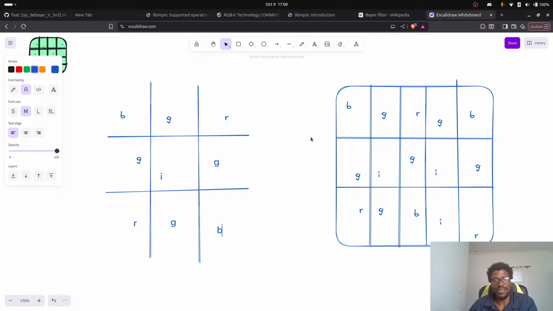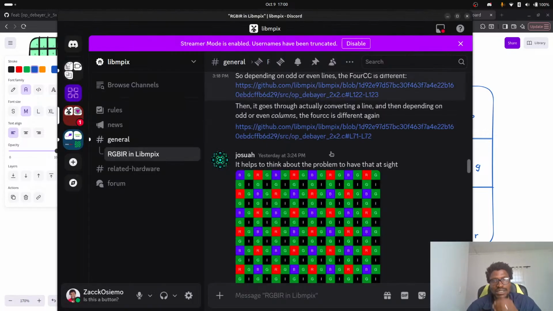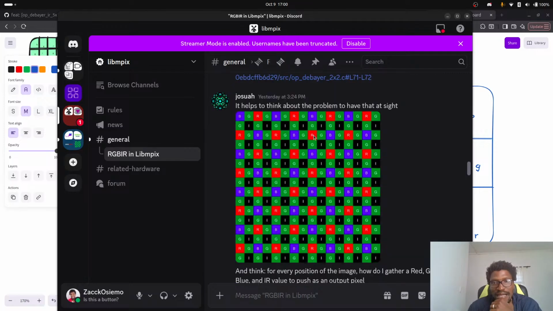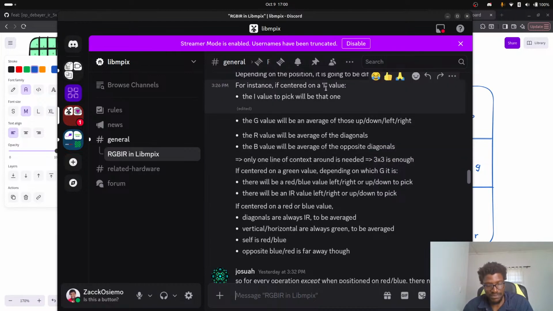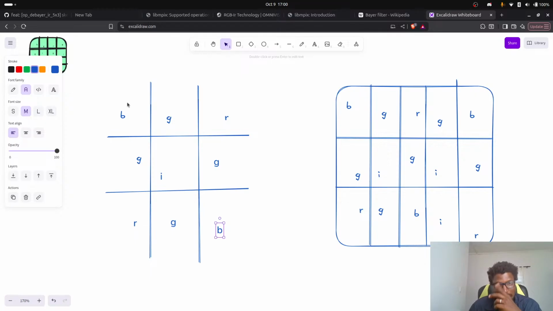This is B. Okay, let's actually look at this again. So which one needs 3 by 3? Which one doesn't need 3 by 3? So it helps to think about the problem. Only one line of context is needed. This is if we're centered on an I value. Cool. So if we're centered on an I, we need this. That's it. Because on an I